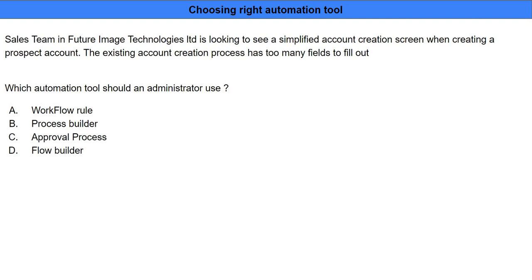This is an example where you can actually build a screen with a form that takes input from the user and get your process automated. So the right option to this question again is option